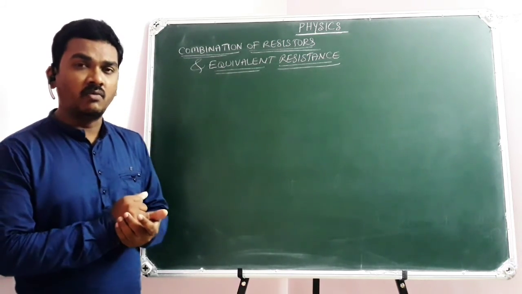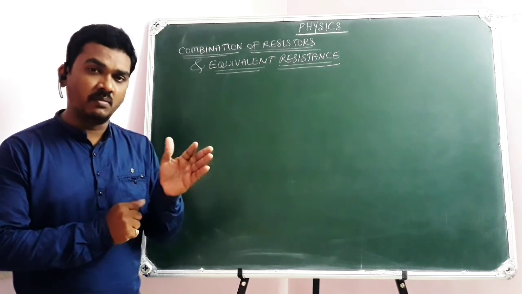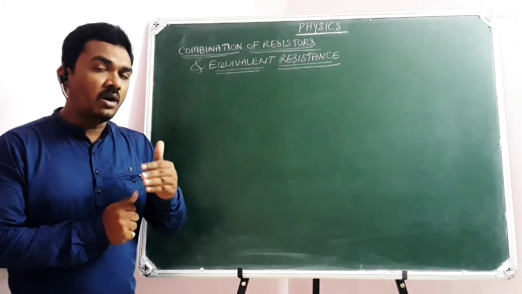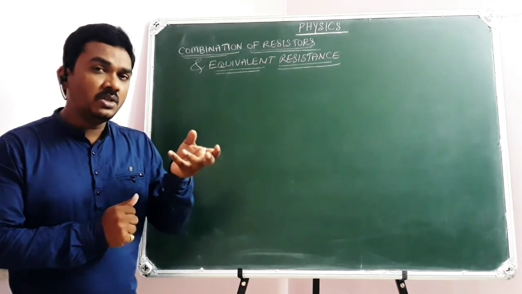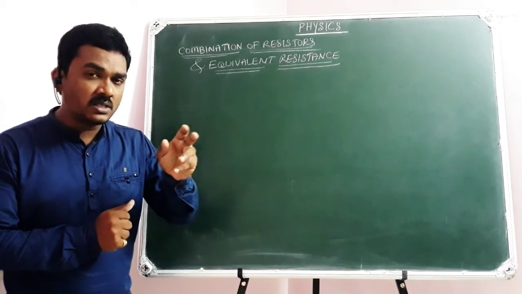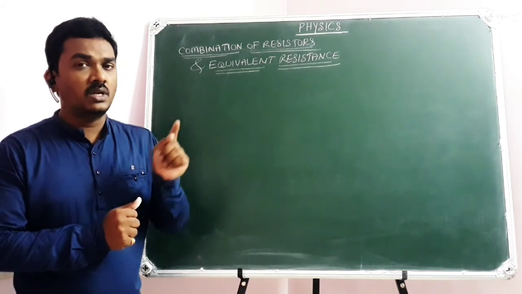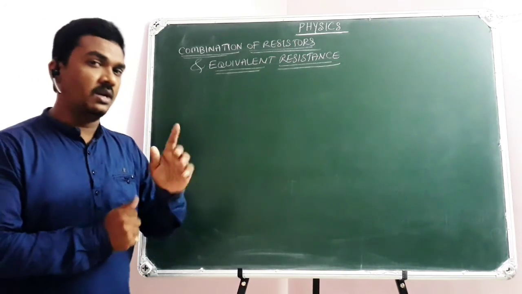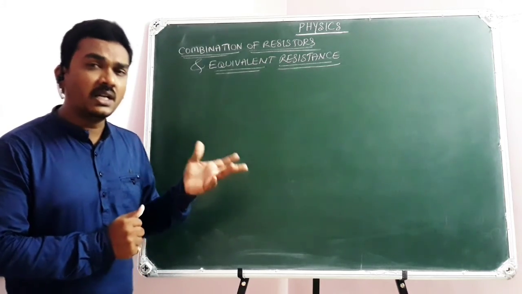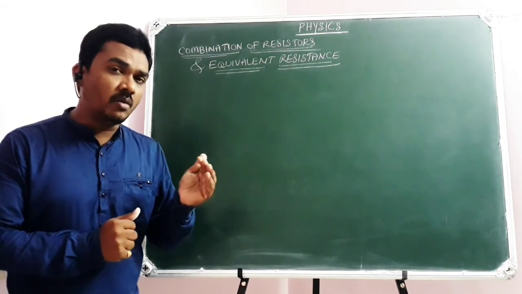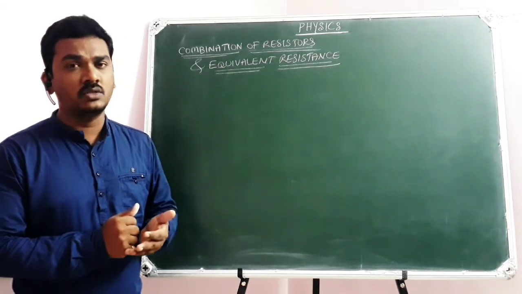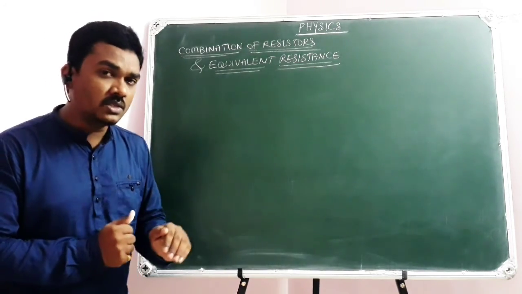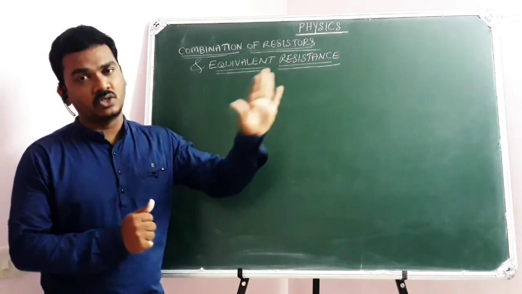Do you remember? 1/Fe = 1/F1 + 1/F2 - d/(F1 F2). So in that manner, the combination of two or more lenses can be replaced with a single lens known as the equivalent lens, with an equivalent focal length. In that way, in an electric circuit, we can replace the combination of two or more resistors with a single resistor whose resistance is known as the equivalent resistance.